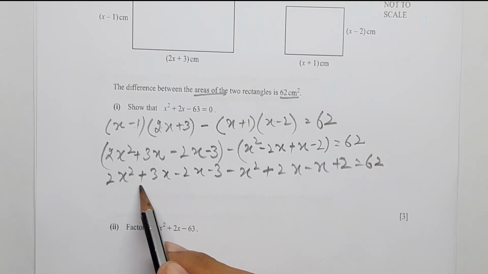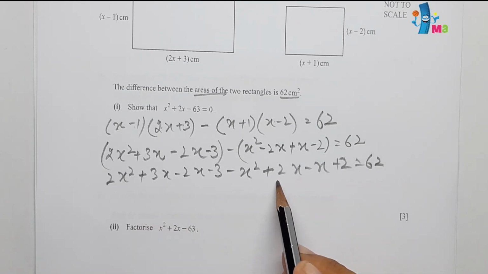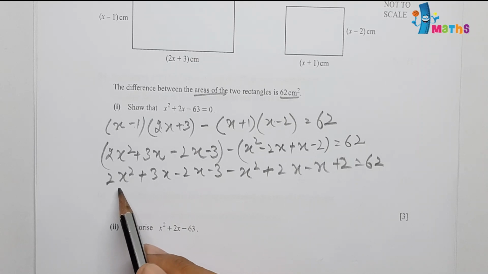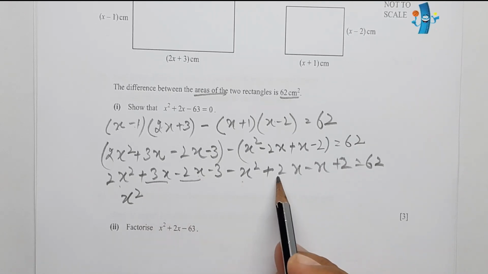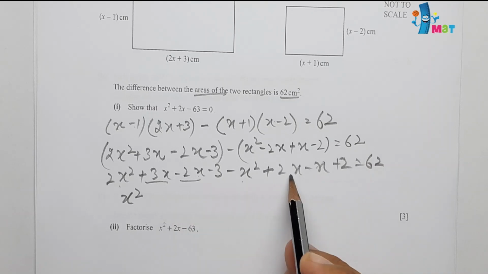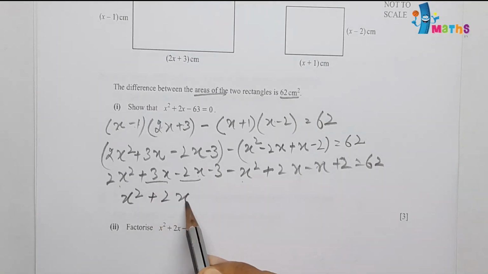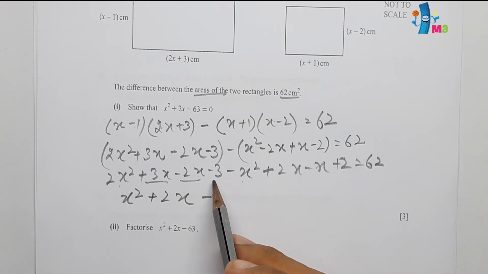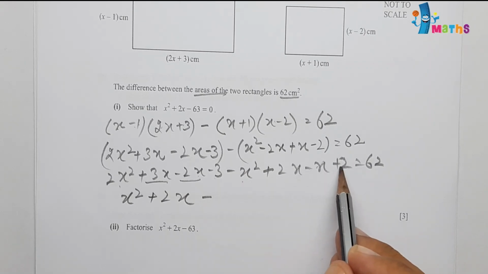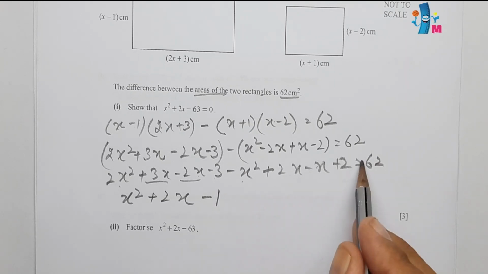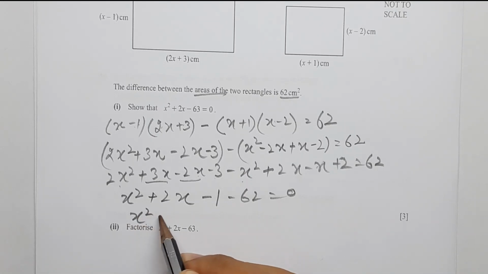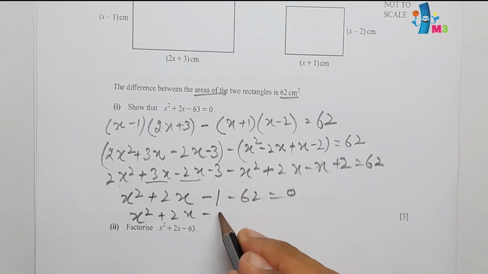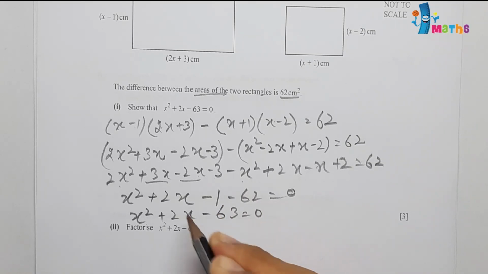Now we can simplify, for example, this one. If we simplify 2x squared minus x squared, so remaining will be x squared, and 3x minus 2x will be x, and this one x and x will cancel, so it will be 2x remaining. Minus 3 plus 2 will be minus 1, and minus 62 is equal to 0. So final answer we can write x squared plus 2x minus 63 is equal to 0, which is the required